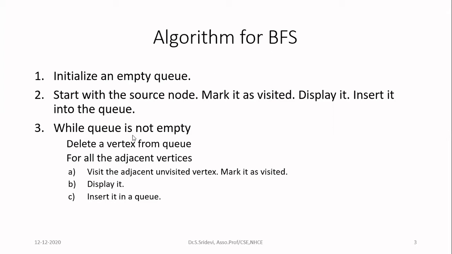When your queue is empty, it means that you have visited all the nodes in your graph that are reachable from the given source node. Sometimes, in case of a directed graph, you may not have any path to a particular node. So whichever you can reach from the source node, those only you will be visiting. So once you come outside the loop, or when the queue is empty, it means that you have already visited all the nodes that are reachable from the source node. With that, your algorithm will be over.